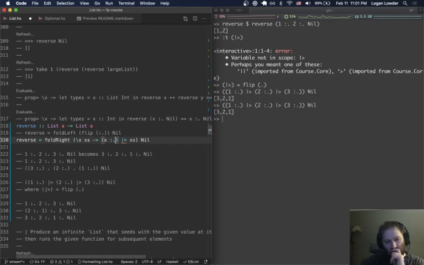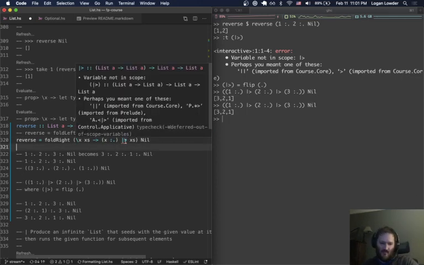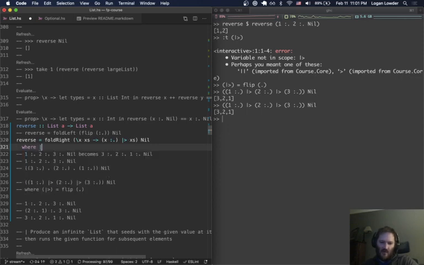The fold left version is way simpler. But no, this is really cool. I'm trying to understand. So if we define this pipe as flip compose,